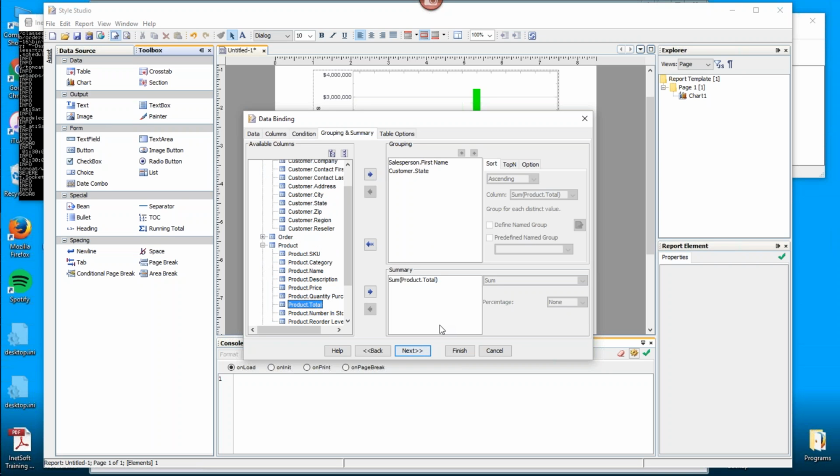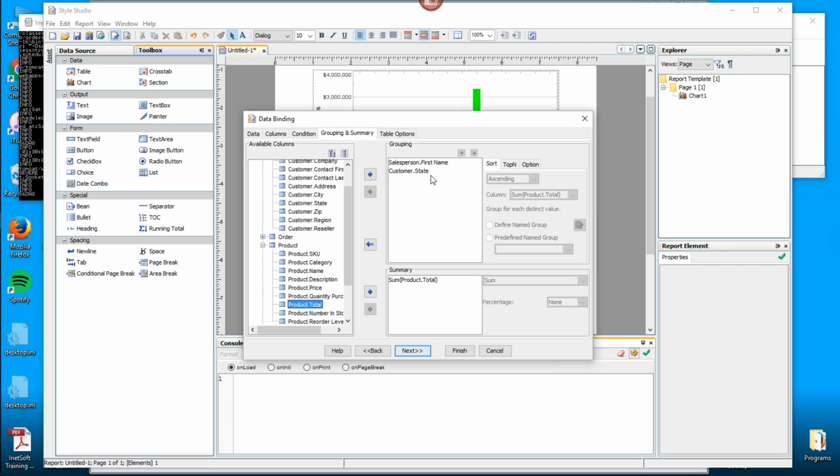Okay, now if I leave it like this, if I just leave it with grouping and summary like this, and were to click finish, then what I would end up with is a table that has both the summary information, in other words, the grouping information and the aggregated totals, as well as all the detail information. So if I were to leave it like this, I would get the totals for each salesperson and state, but I would also get all of the individual sales, which again could be hundreds of sales in each state. In this case, that's not what I want.